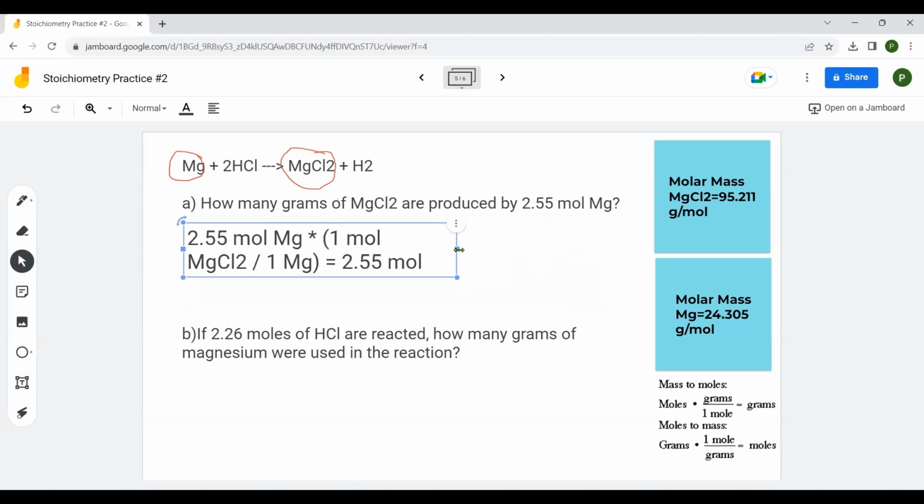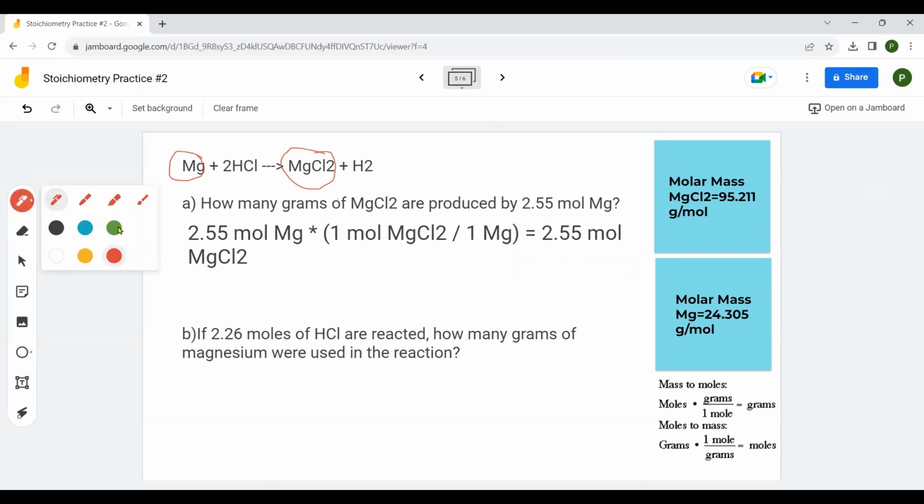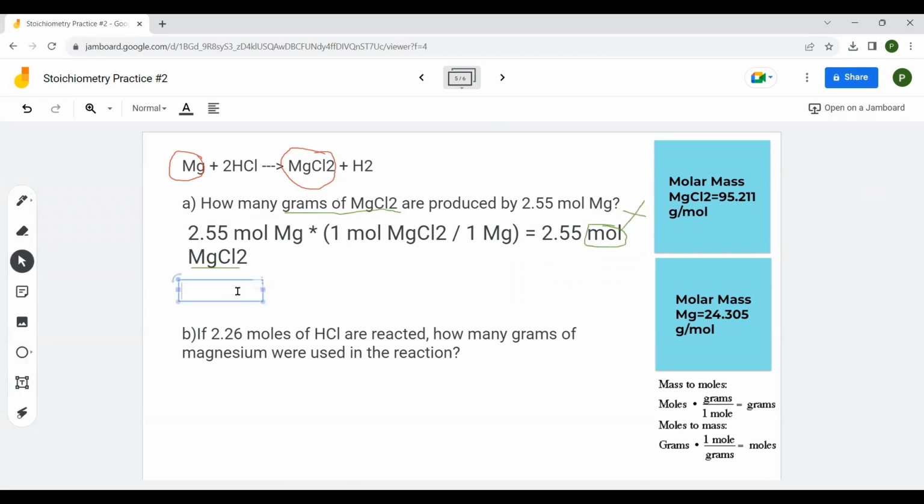So let me make this a little bit smaller. There we go. I'm going to take my green pen and I'm going to check my question like I always do. How many grams of magnesium chloride are produced? Well, I have magnesium chloride, but guess what? I don't have grams, so I'm not done. We are going to use the molar mass that I've already calculated to convert this from mole to grams. So my 2.55 mole of magnesium chloride, and I'm going to multiply that by our molar mass, which is 95.211 grams per mole